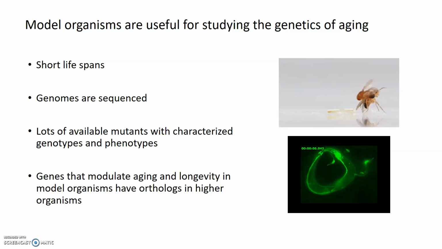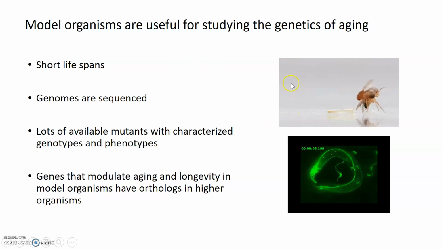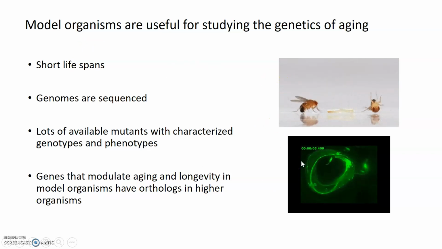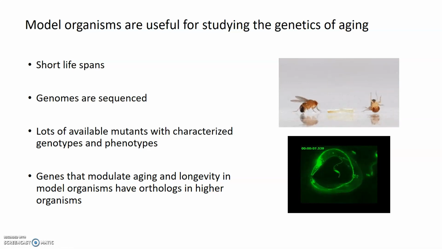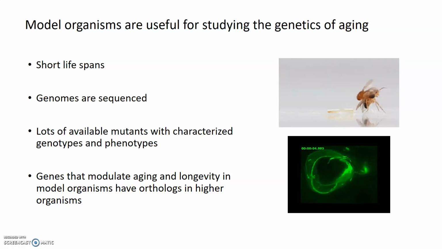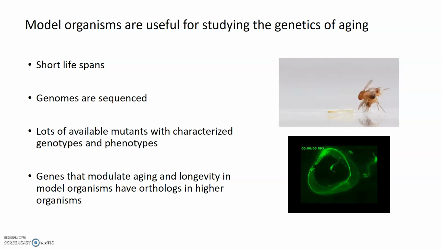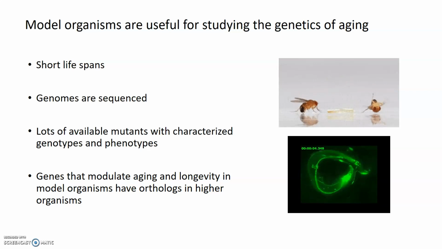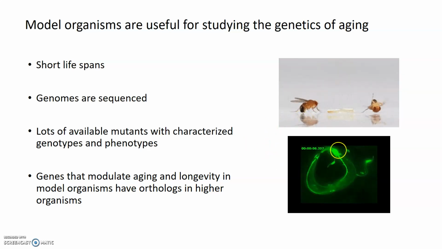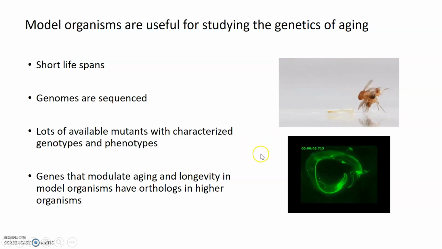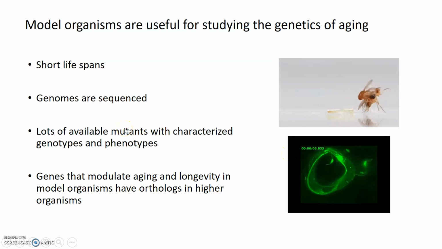so we know the locations of every single base pair and every gene in the genomes of these different model organisms like the fly and C. elegans. In addition to having sequenced genomes, there are also readily available mutants in the model organisms that have characterized genotypes as well as characterized phenotypes. And so we can look for genes that modify both aging and longevity in these different, maybe long-lived or short-lived